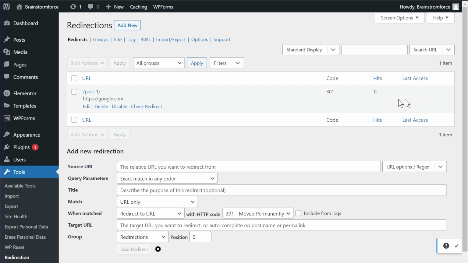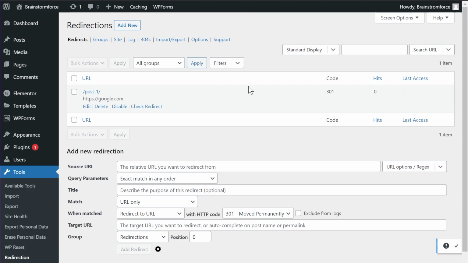This is important information because you want to know which of the URLs are causing the most recent hits, and the number of hits can also tell you which of the URLs are causing issues on your website or something that you need to fix. So what I'm going to do is open this post up a few times, refresh the post, and you'll see the number of hits actually increasing. I'll pause the video for a second and come back once I'm done.